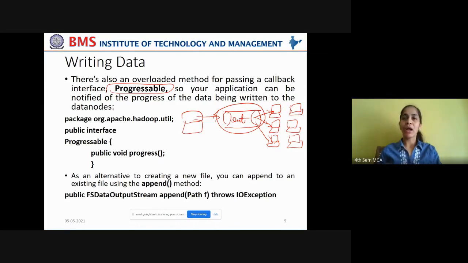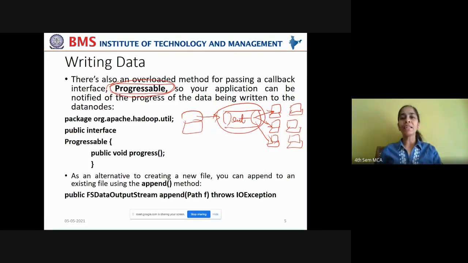Whether it is under process, or whether the process has been initiated at all, or whether the writing task has ended. If you want to monitor that progress, you can do that by implementing this interface called Progressable. Now, MapReduce tasks mainly use this Progressable interface because not only a single write task will be running on an HDFS cluster, right?